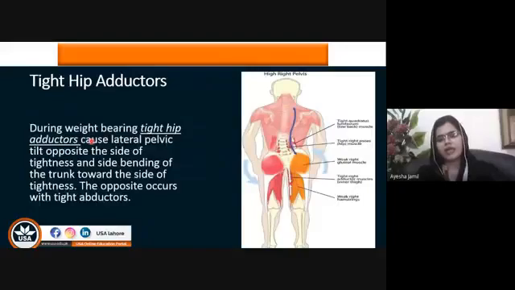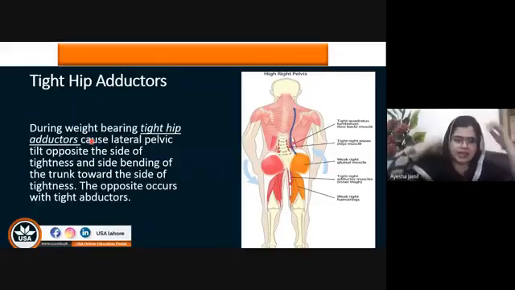Now comes the tight hip abductors. Hip abductors can be tight with poor posture, which includes prolonged shifting of the weight on one extremity, or due to leg length discrepancy. If there is leg length discrepancy, an individual assumes a posture in which the weight is shifted on only one leg, then obviously the tightness can be seen, or if there is a rectus strain, then it might be possible there will be tightness in the hip adductors.